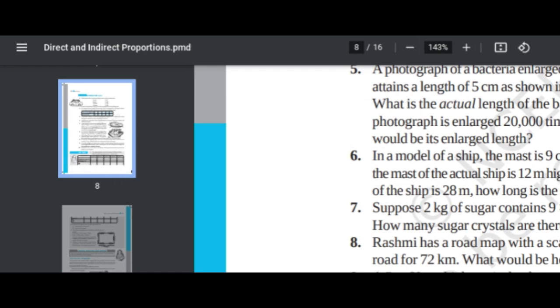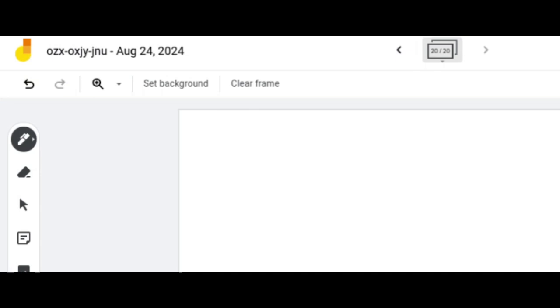So the truck travels 14 kilometers in 25 minutes. How many seconds in 1 minute? 60. And how many minutes in 1 hour? Yes, 60 minutes. So if I have to find it for the minutes, I will convert